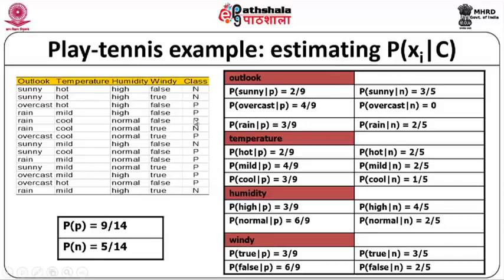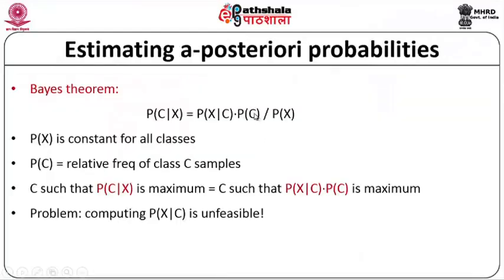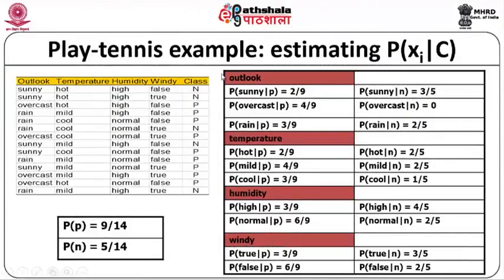Now, we need to apply Bayes' theorem here. As I already mentioned, for all the data, we need to first identify two important probabilities. One is the probability of the class label, another one is the probability of the data with respect to the given class label. Here in this scenario, there are two class labels. One is the class label Yes, indicated by P, and another one is the class label No, indicated by N. The probability for class label P is 9 divided by 14, which is a simple probability, where 9 is the number of records in which you have the class label P. Among these 14 records, there are only 9 records in which you find the class label P. So, therefore, it is 9 divided by 14.